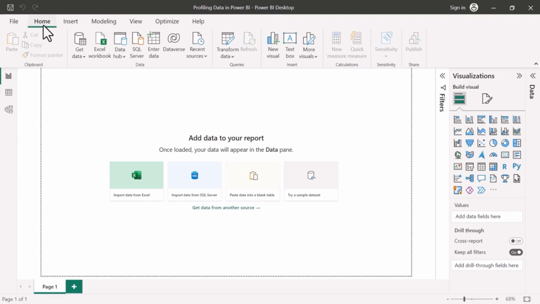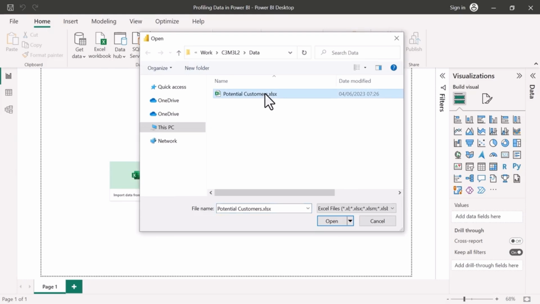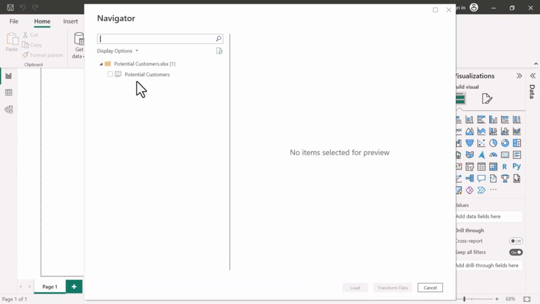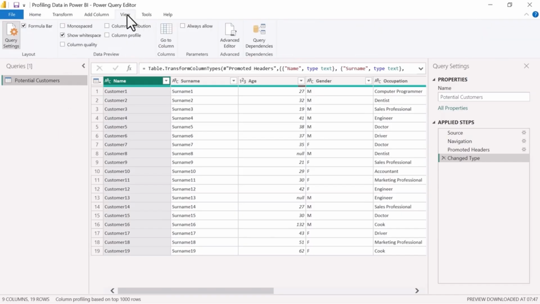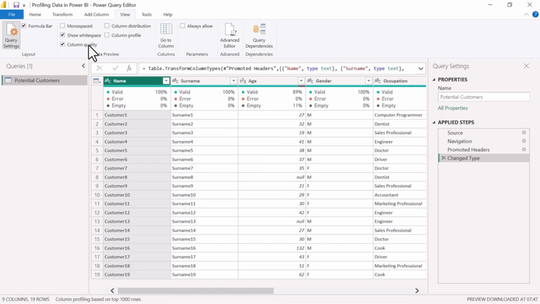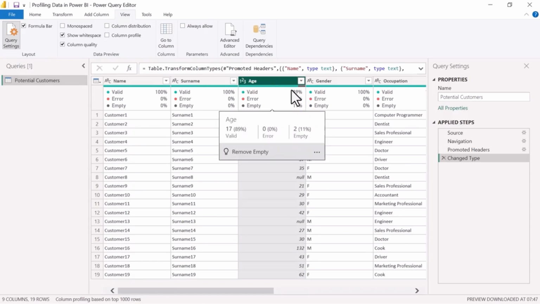Navigate to Home at the top of the Power BI window. Select Excel Workbook inside the data group in the middle of the tab. Select Potential Customers.xlsx and select Transform Data in the opened window. Check the Column Quality checkbox inside the Data Preview group of View to assess column quality. In the Age column, 89% of the values are valid, 0% of the values are error, and 11% of the